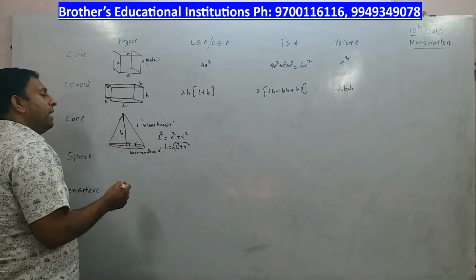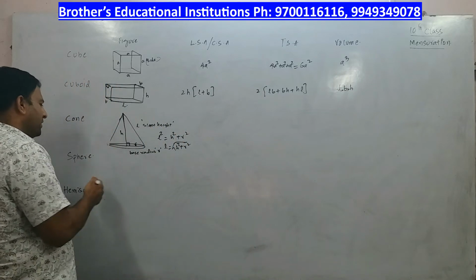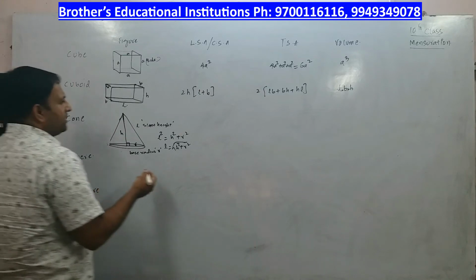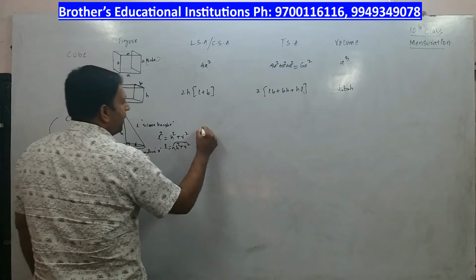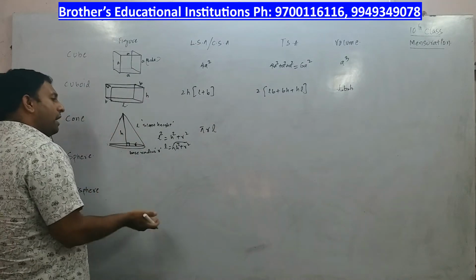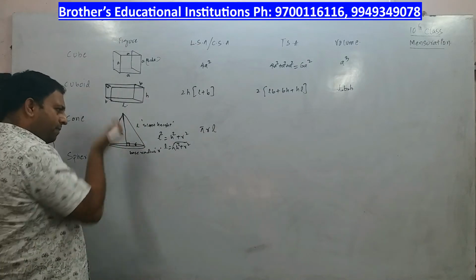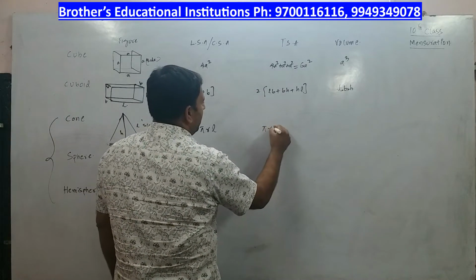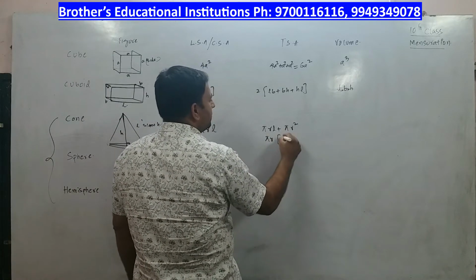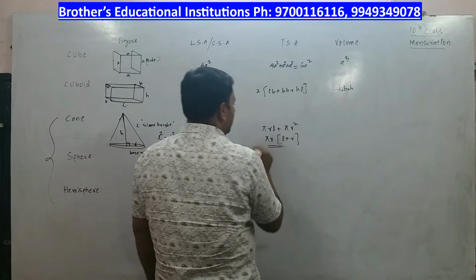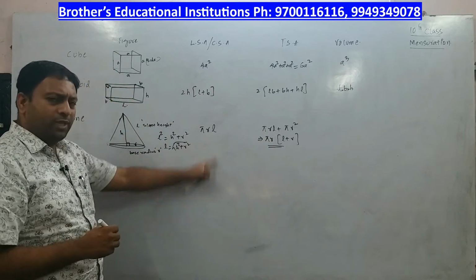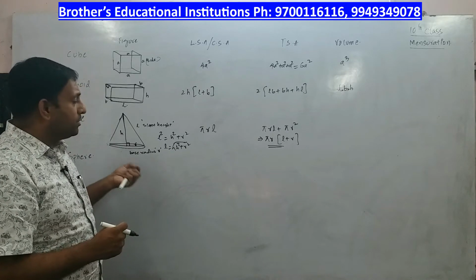Now what is the lateral surface area? Since it is a curved surface, you don't call it lateral surface area, but you call it curved surface area. The curved surface area of a cone is pi RL. And if I want the total surface area, it is pi RL plus the circle's area, pi R square. So I can take pi R common, it is pi R into L plus R. That's how this formula is written in the textbook. Here L happens to be the slant height.